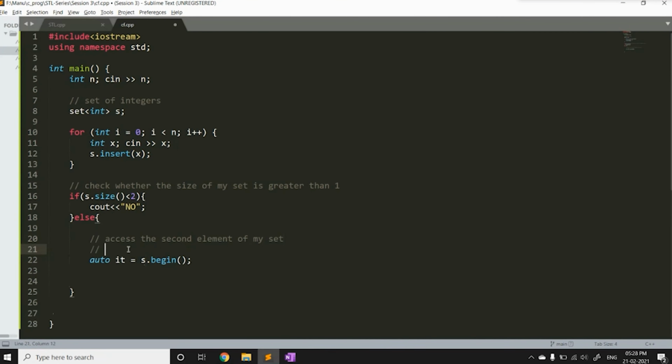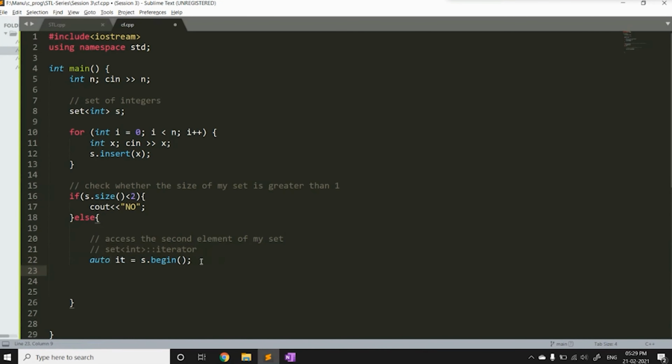The data type of s.begin is set<int>::iterator, and this is the data type of this particular IT. Even if you replace auto with this particular line, it will give us the same answer. They both are the same thing. But since auto is a bit easier to use, we will use this.